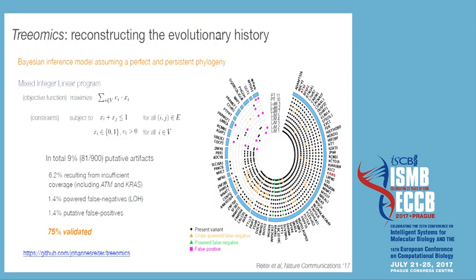And to give you some idea how that works, we basically just developed the Bayesian inference model. We assume, again, a perfect and persistent phylogeny. We have a mixed integer linear program, and then we infer an evolutionary tree. Because we know that an evolutionary tree has to exist, from our solution we can go back to